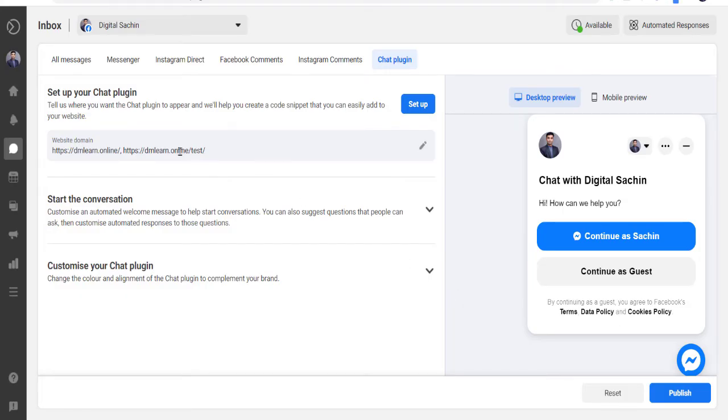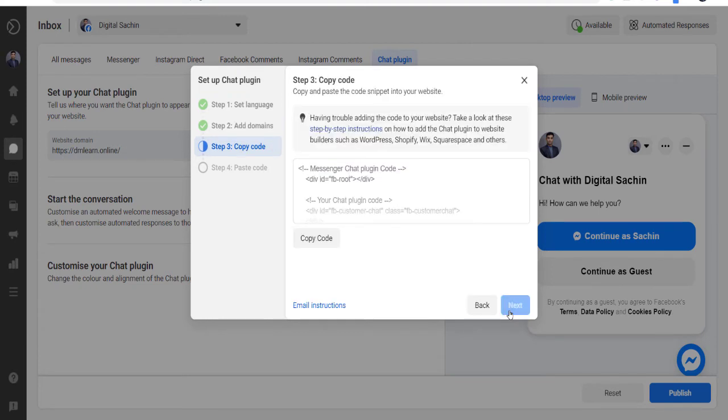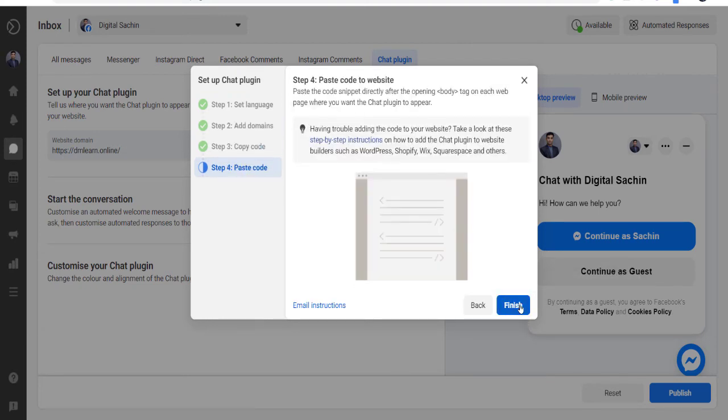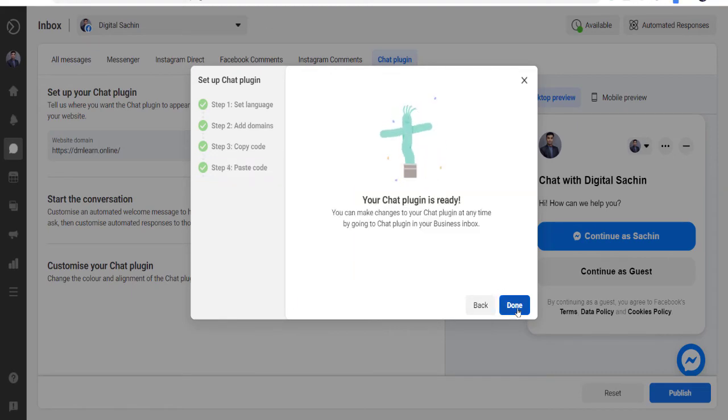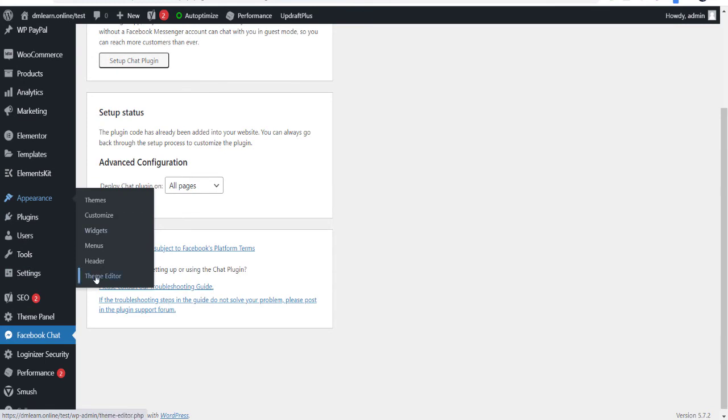It's asking for the setup, start conversation. Setup for what? English. Okay. I'm just copying the code. You have to do manual work for that, so I'm going to paste the code. For the code you go to Appearance, then Editor. In the editor you have to go to your header.php file.